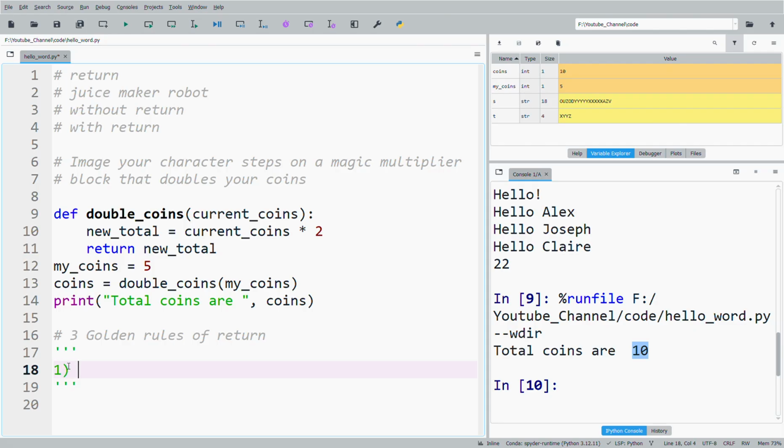First, it is a giver. Return gives a value back